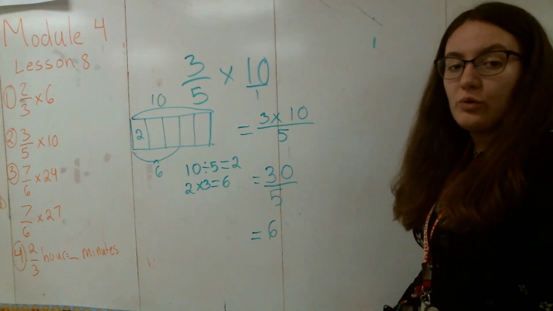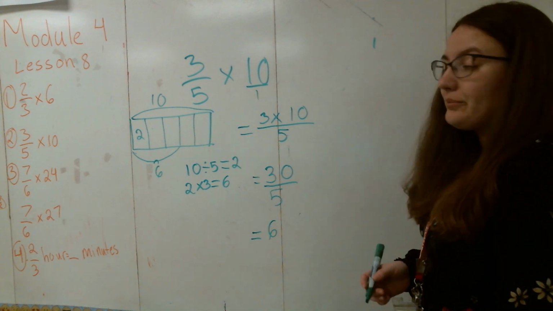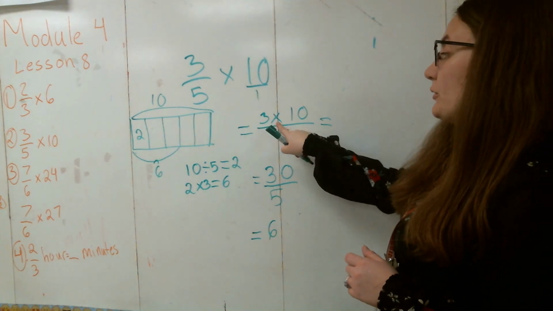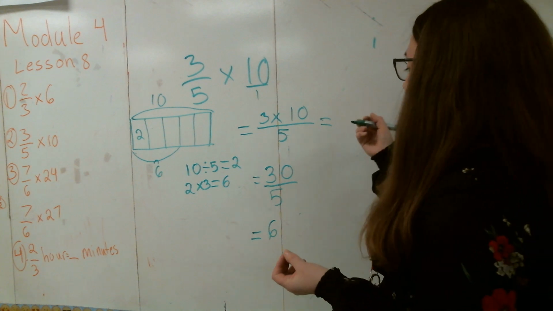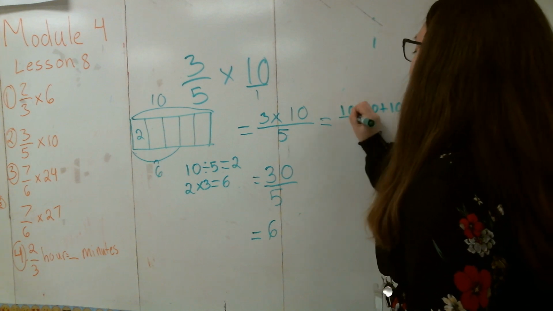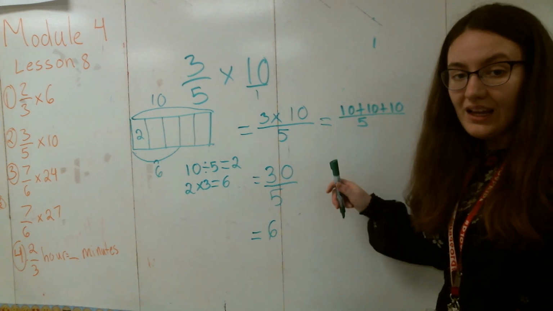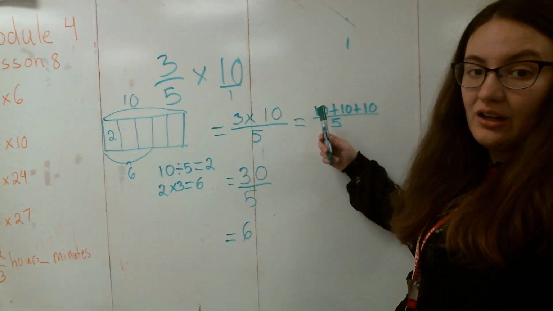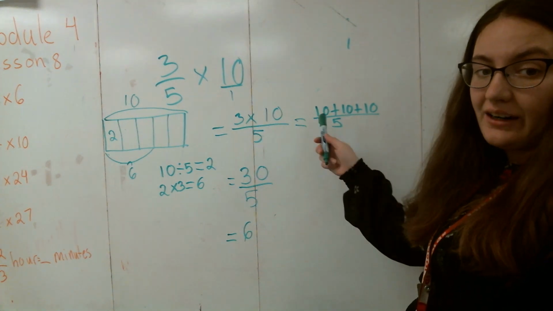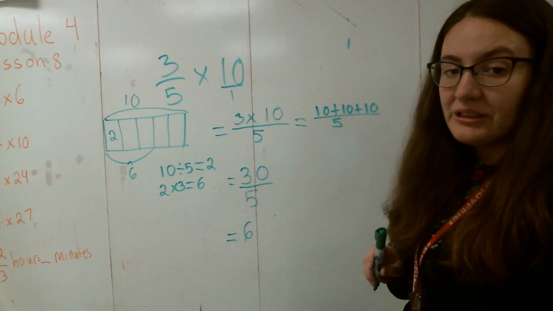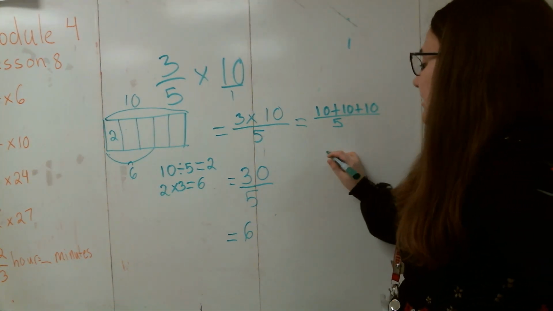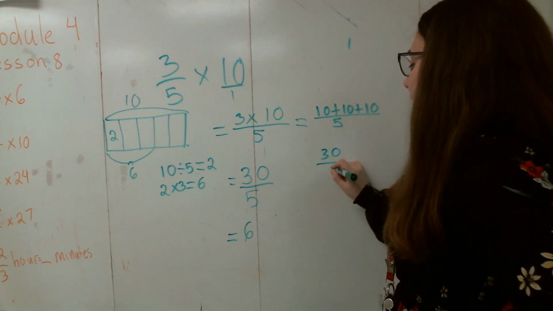Now, I could also show this as a repeated addition problem if I needed to. How I would do that is I would show 3 groups of 10. That means I have 3 sets of 10. So I have 10 plus 10 plus 10 over 5. I have 3 sets of 10 because my first number is 3, telling me I have 3 groups of the number 10. So now I just have to add up 10 plus 10 plus 10, which gives me 30 over 5,